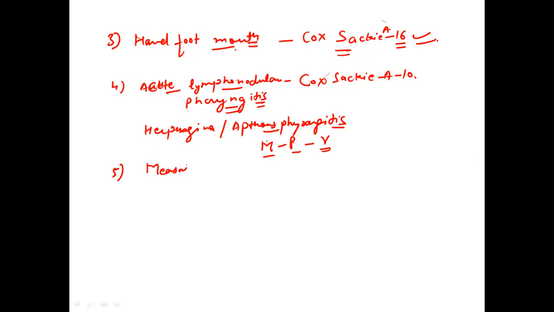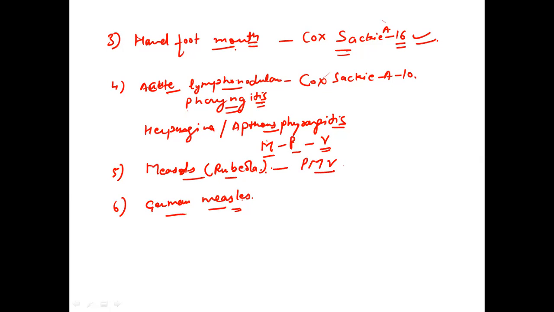Measles, which is called rubeola, and the next thing is German measles, right? Now, what is the difference between measles, rubeola, and German measles? First of all, measles, which is called rubeola, is caused by paramyxovirus. There are three things associated with it: